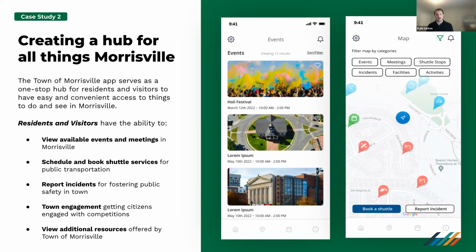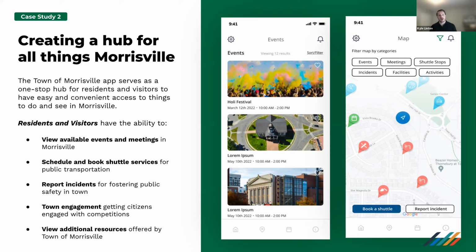And we've been really lucky with our partners at Town of Morrisville, who've been really forward thinking. They pulled us also into meetings with members in the town, where we've been able to have some of these conversations about what features we want to prioritize. What do we think of certain concepts, where we've come to the table and brought UI samples and said, what do you think of this idea or this idea?